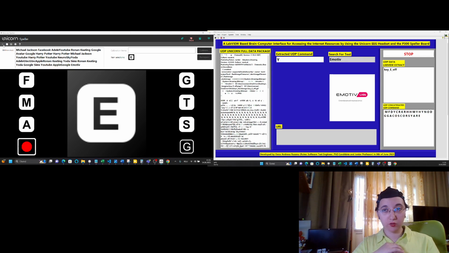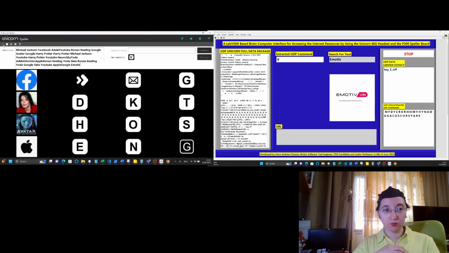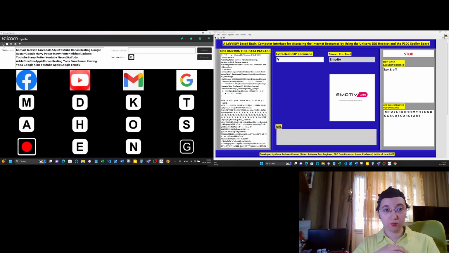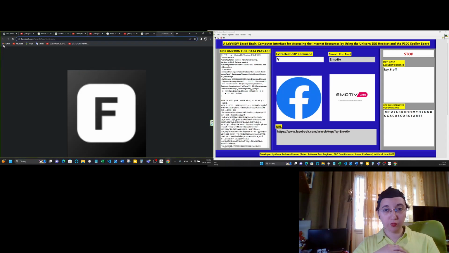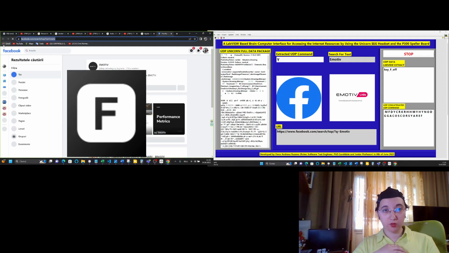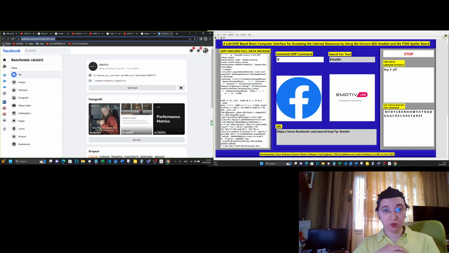Okay, Emotiv is correctly selected and its picture is displayed in LabVIEW. And now Facebook is selected. You can see that the Google browser opens the Facebook web page and the searching option is Emotiv and the relating